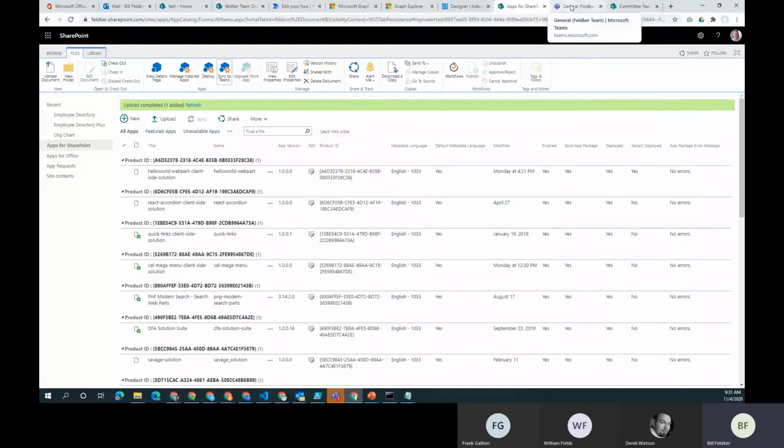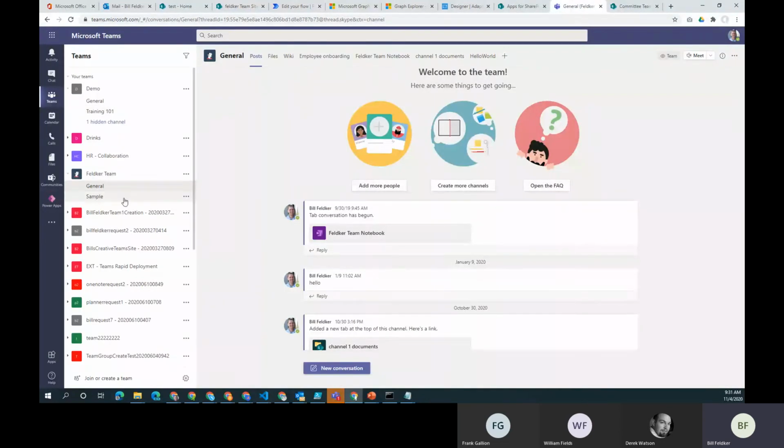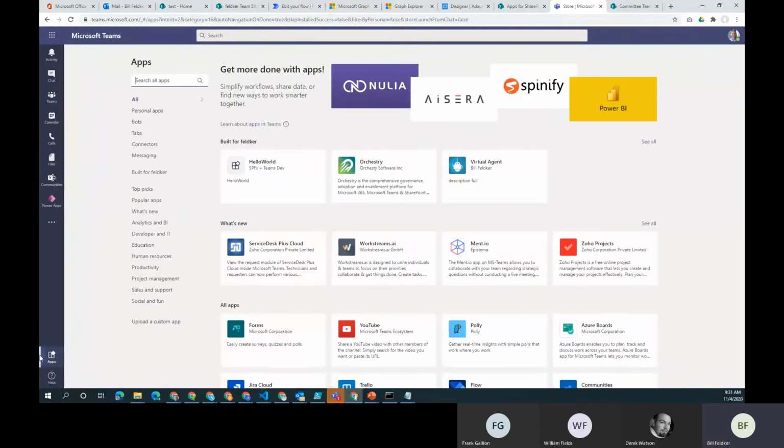Now I'm going to wait a second or two before I just go in and say, hey, let's add this in. So when I'm in Microsoft Teams, and I'm doing this all through the browser, so you can see that I can use the browser for everything, including I'm presenting through the browser as well. When I look in my tabs or my apps, you can see that I already created one called Hello World, but I'm going to do